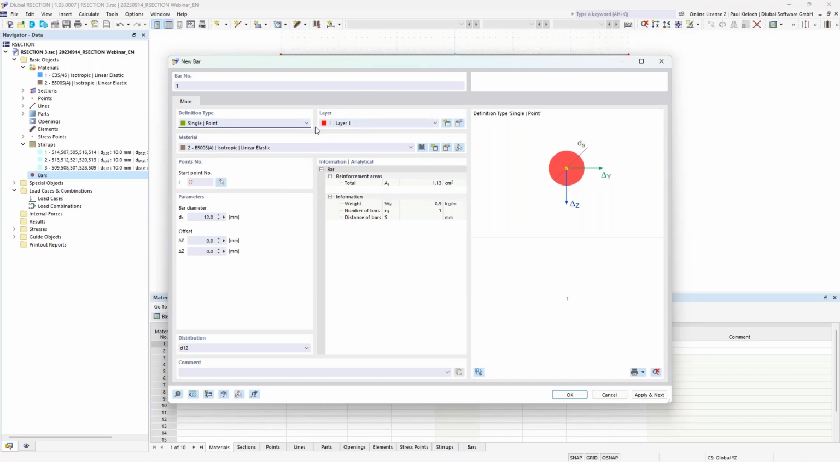Therefore, the program asks me to enter a layer on which I will apply this rebars. In general, you could apply all rebars on one layer. So it would not be a big issue or problem if you would not take care about this layer system here. But later on, if we switch to RFEM 6, then